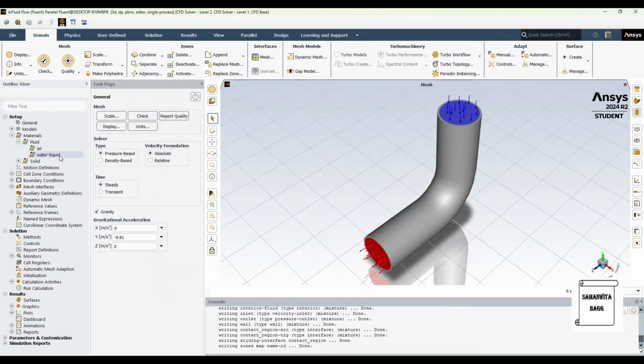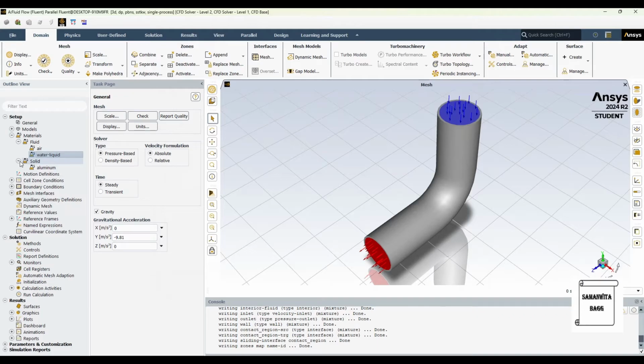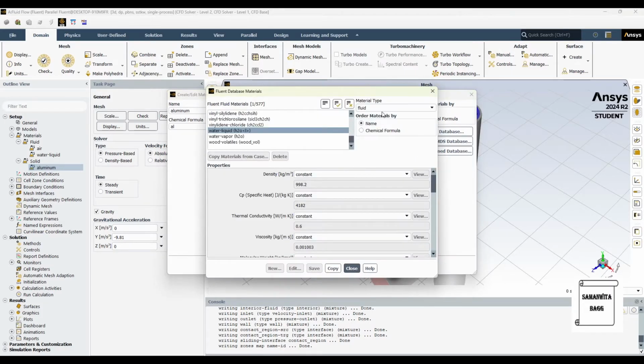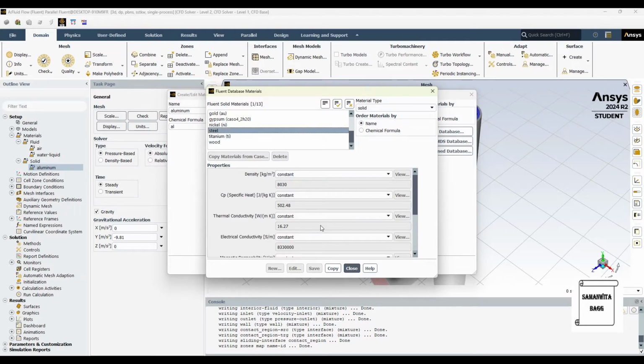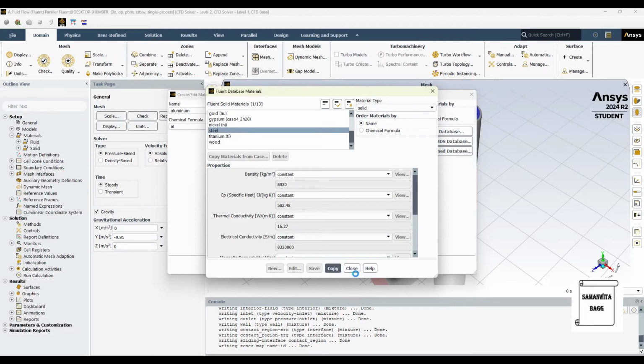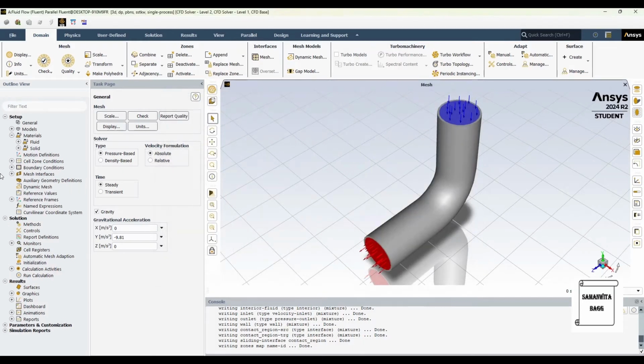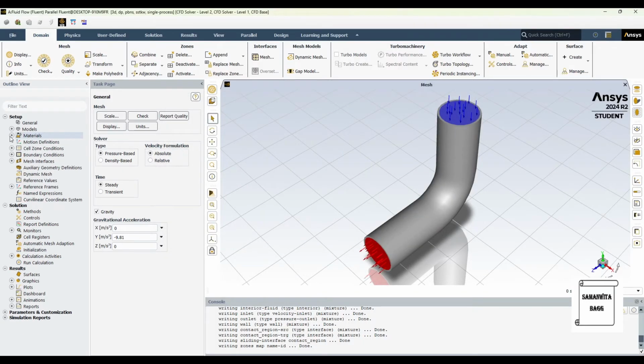You can see here water liquid is added. Then I'll go to solid. I'll change this material to steel for the pipe. So first I'll come to fluid database. Your material type is solid. I'll choose steel, copy, close, and close from here. So the materials I've added.